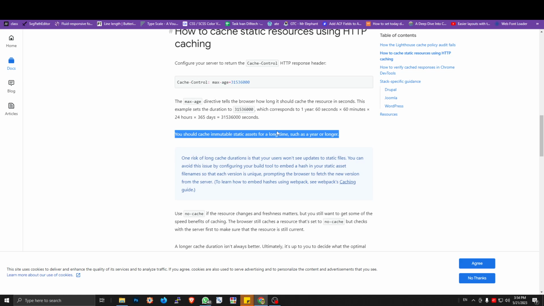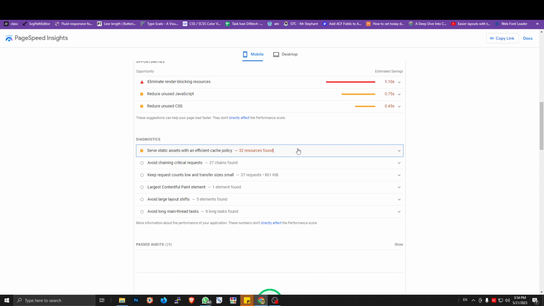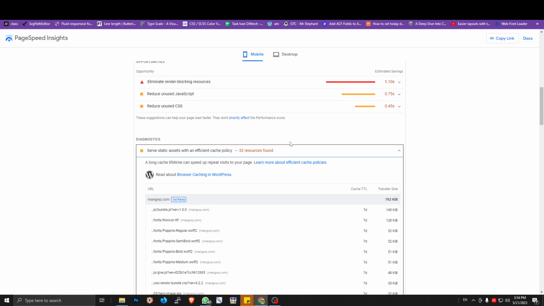But this is not a fixed value, because there is something that you need to consider if you're going to use a long time duration for the browser cache. But anyway, the issue here can usually be solved by setting the expire date of the browser cache in the .htaccess file, as it is used by other plugins and other web servers.